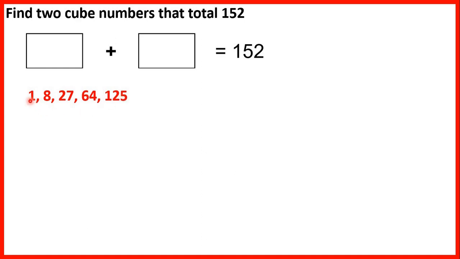125. 1 cubed is 1 because 1 times 1 times 1 is 1. Then we have 8 because 2 times 2 is 4 times 2 again is 8. Then 27 because 3 times 3 is 9 times 3 again is 27. 4 times 4 is 16 times 4 again is 64. And 5 times 5 is 25 times 5 again is